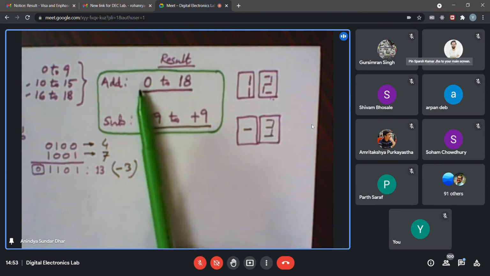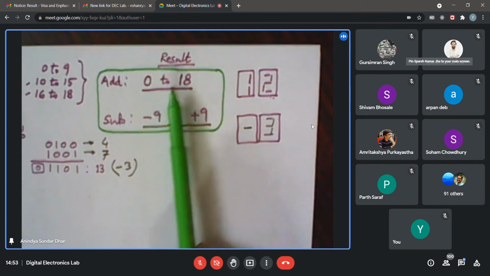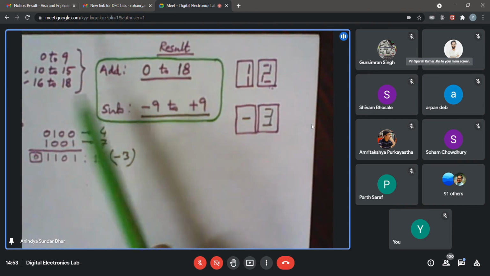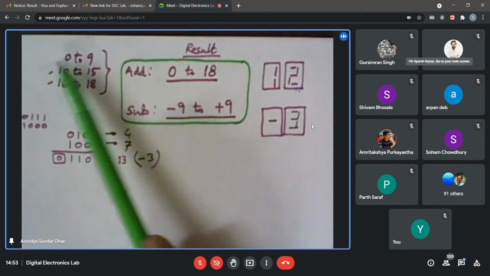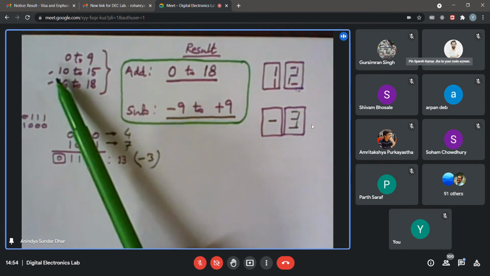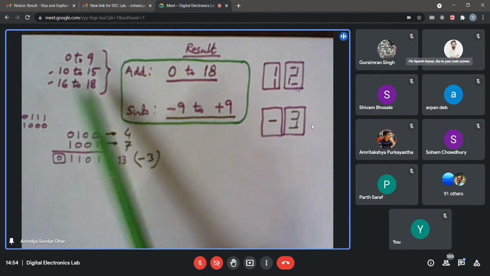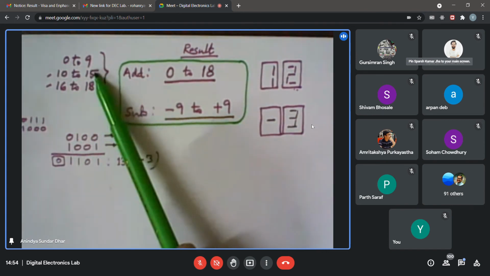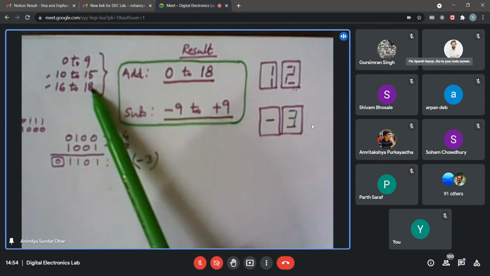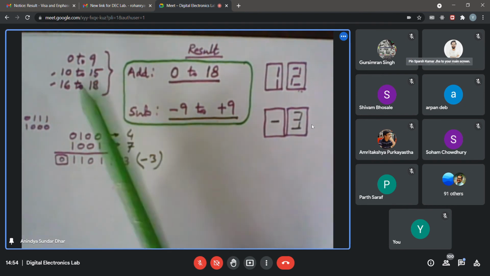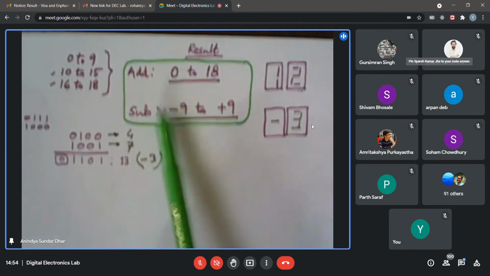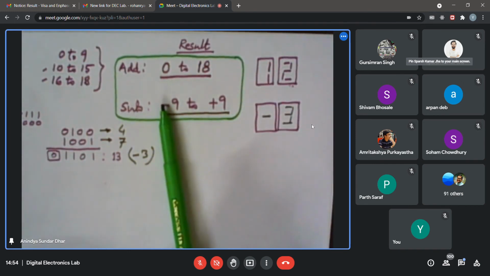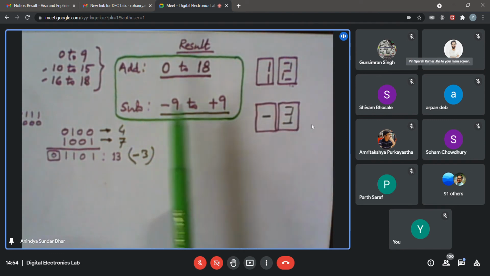So for ease of understanding, addition would result in 0 to 18. I've specifically asked you to test for these 3 cases: when the result is between 0 and 9, between 10 and 15, and between 16 and 18. Because if you miss a particular logic, you may find it works for 10 to 15 but not for 16 to 18. Then it is giving you something peculiar, or it is not correcting at all. Now, once you add this circuit, you find subtraction results are no longer displayed correctly, because carry is being generated and you have used some logic to generate the second digit. That part you need to take care of.